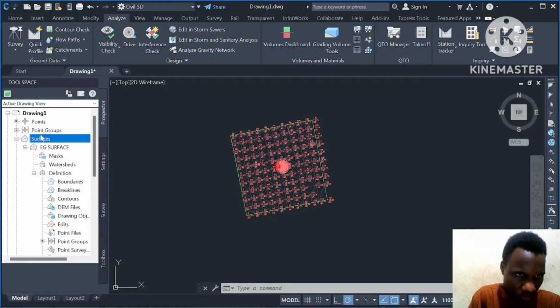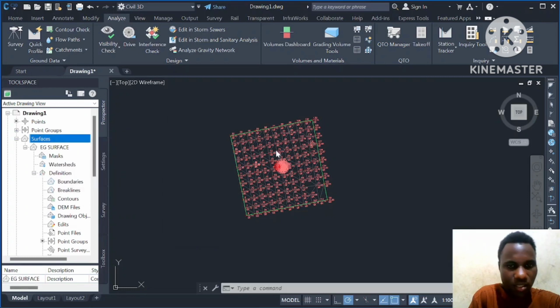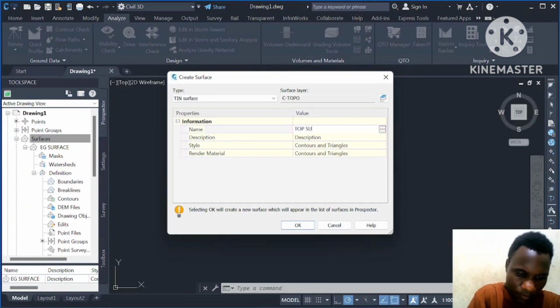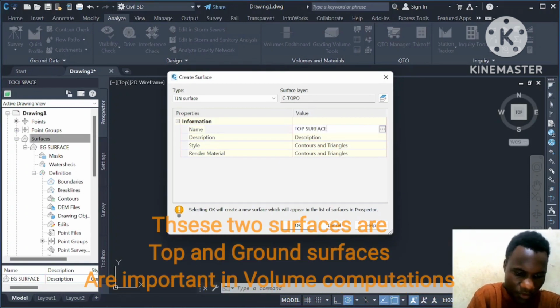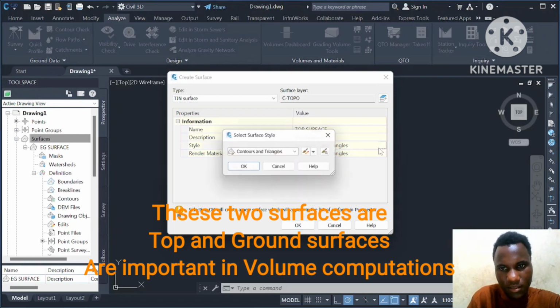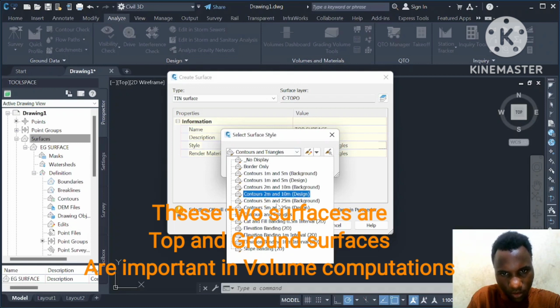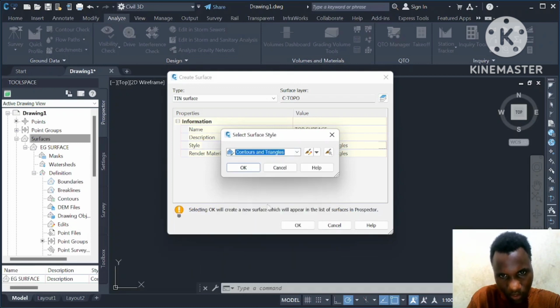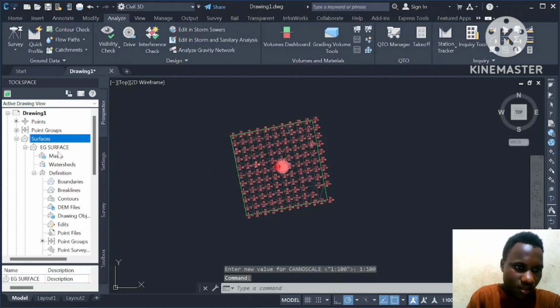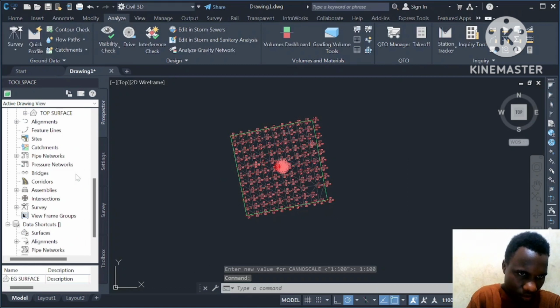surface. So go to Surface and then create another type of surface. What kind of surface? It's the top surface, so you have to name it Top Surface. We shall have two types of surfaces, that is the top surface and the existing ground surface. Again, it is contours and triangles, the kind of style that we're using. So you have to click OK, and then our surface will be created,